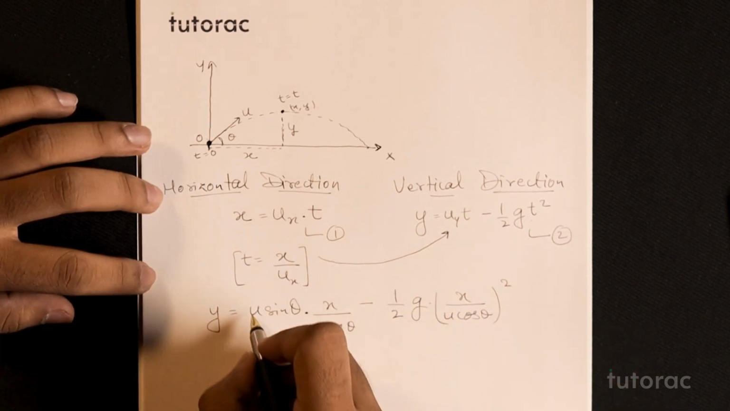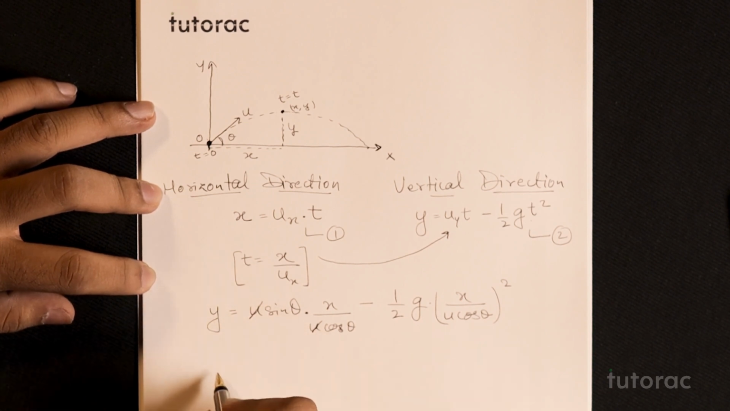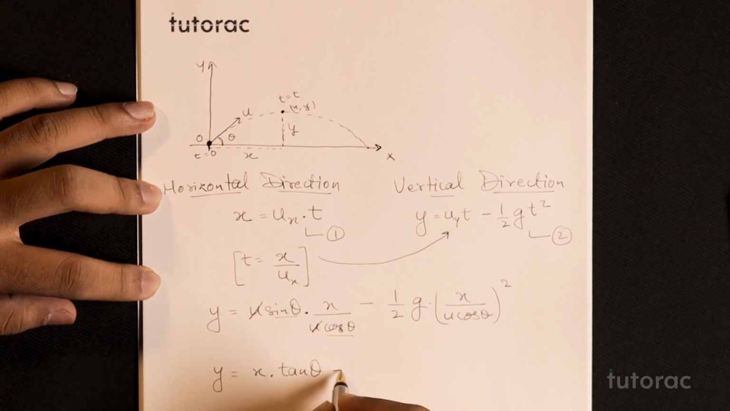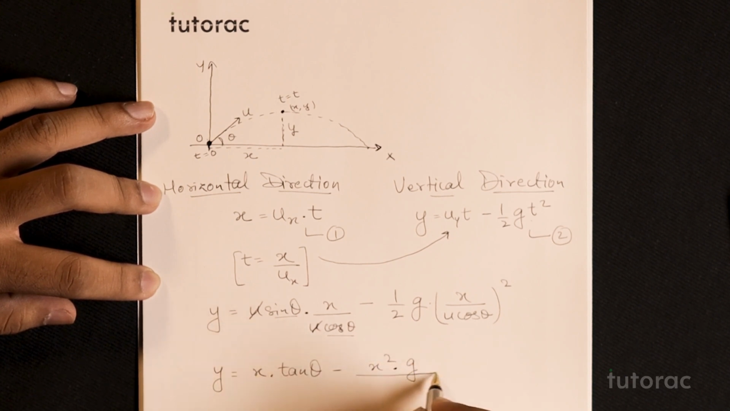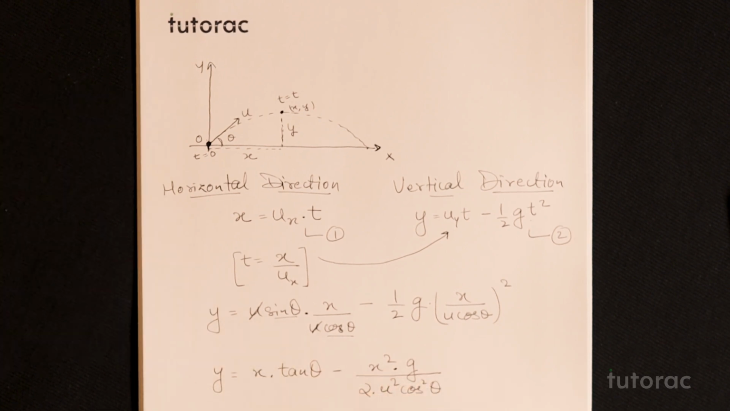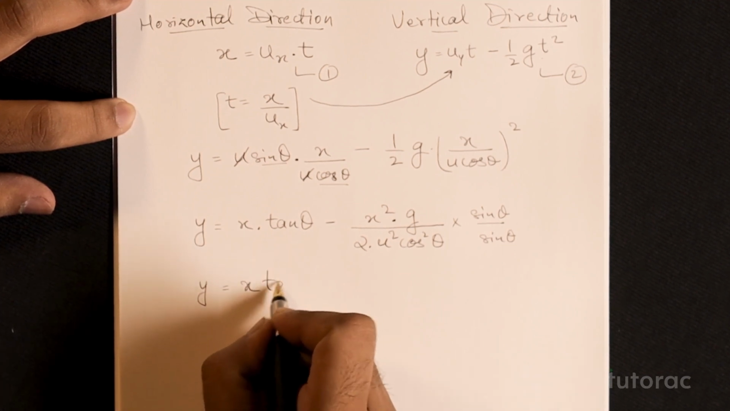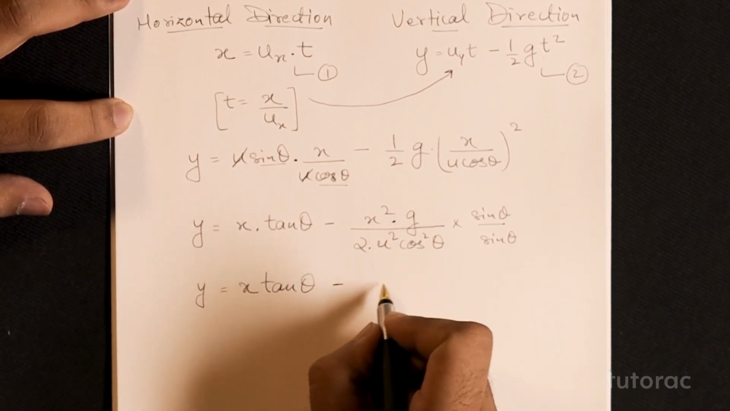If you solve this equation further, you can cancel out u and u, and then you get y is equal to x into sine theta by cos theta, which can be written as tan theta, minus x square into g divided by 2 times u square cos square theta. If we multiply and divide by sine theta in the second term, and slightly rearrange these terms, y is equal to x tan theta minus x square